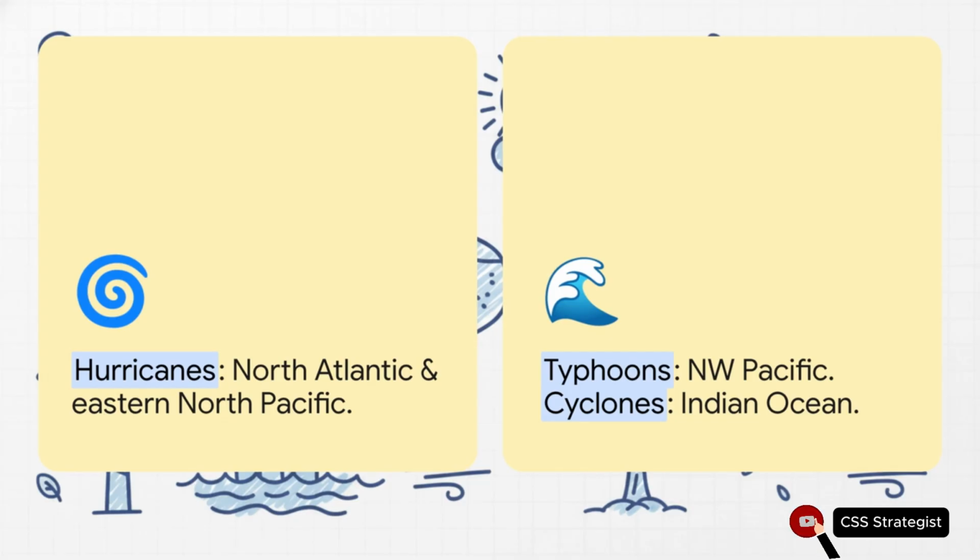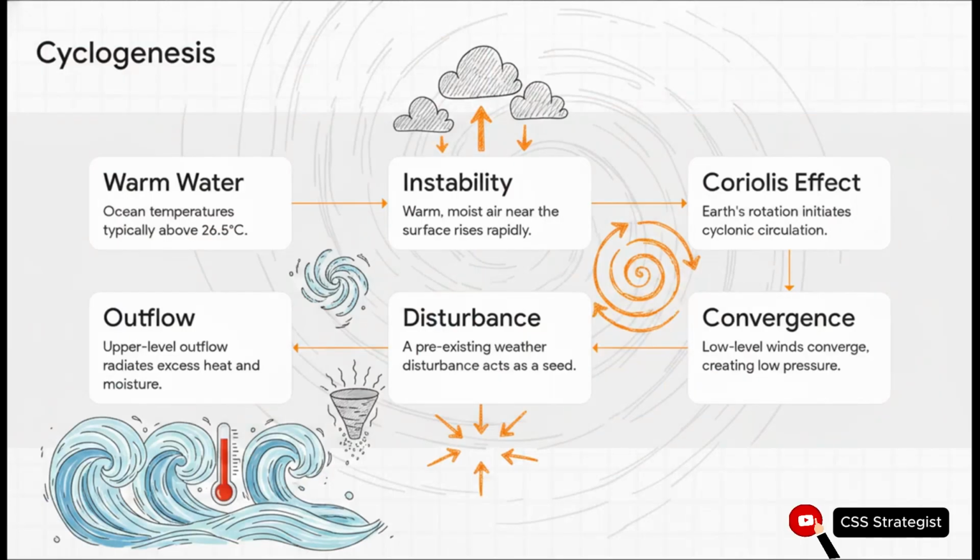So if you're in the North Atlantic or Northeast Pacific, you call it a hurricane. Over in the Northwestern Pacific, they're typhoons. And down in the Indian Ocean and Southwestern Pacific, we call them cyclones. It's literally just a regional naming convention, but the physics are identical. Now, if you need a solid exam-drawable model for cyclogenesis, how these storms actually form, it basically comes down to